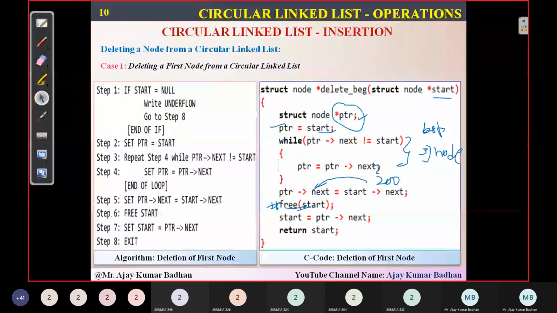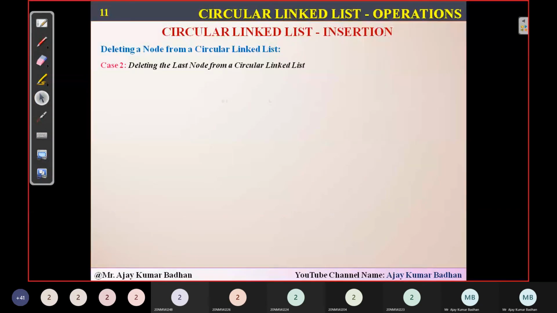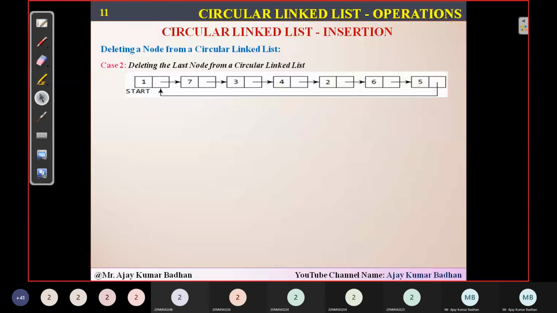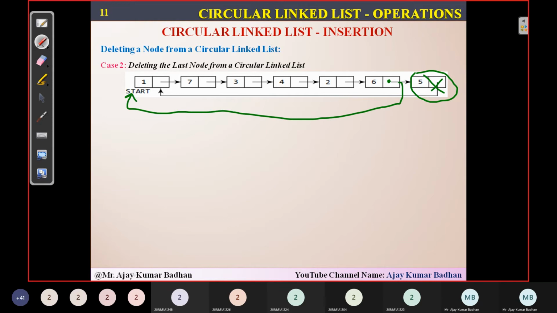And the next thing we have here is deleting the last node. Okay, so how to delete the last node? If you see here, this is the one I wanted to delete, right? This is the one I wanted to delete in this particular location. So what I have to do simply is, whatever the address is present in this particular location, it should point to the first one, not this node. So I should have some variable with which I can access this. So definitely I should be using a pointer here.